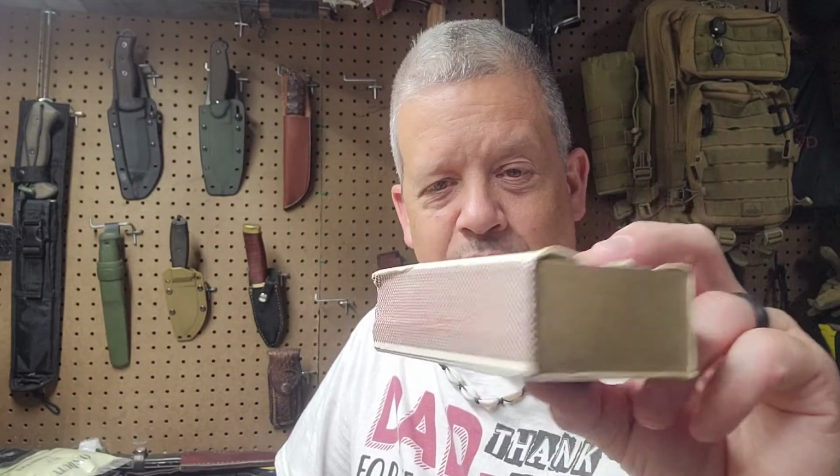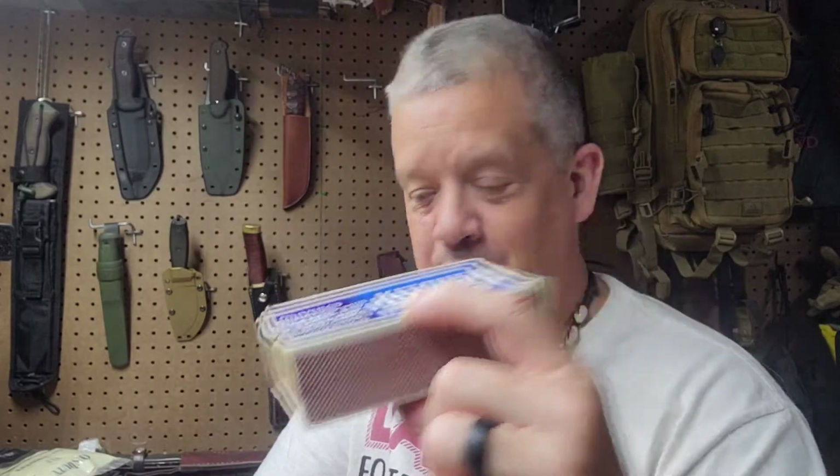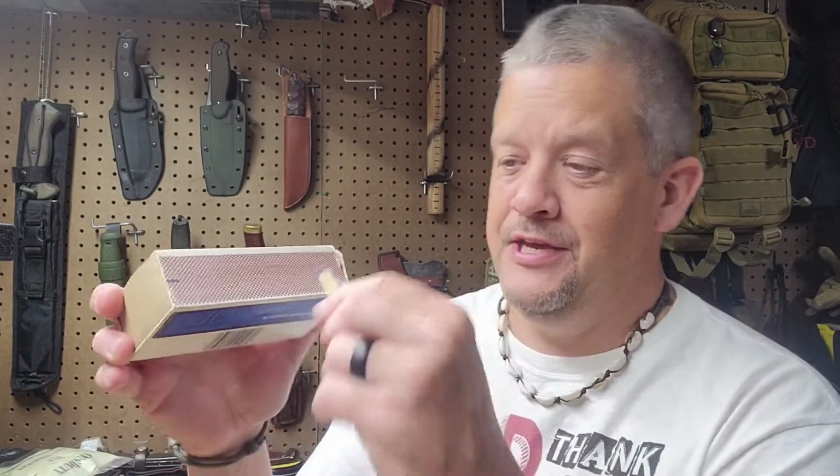Go ahead and tell you, I love these things. They are probably the best match out there if you can find them. The problem is these belong to my parents, and when I found them, they had been wet. If you look at the box, you can tell that the box has been wet. Because of that, when you take one of these,